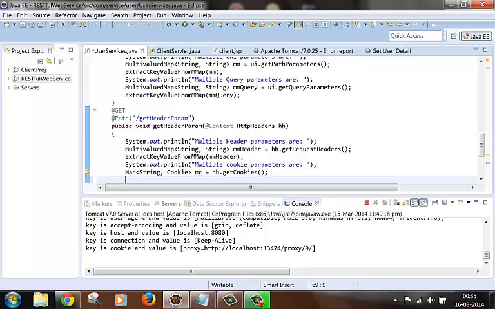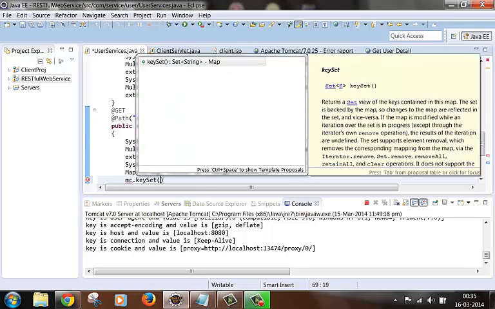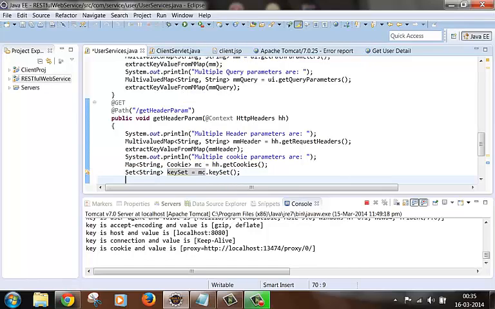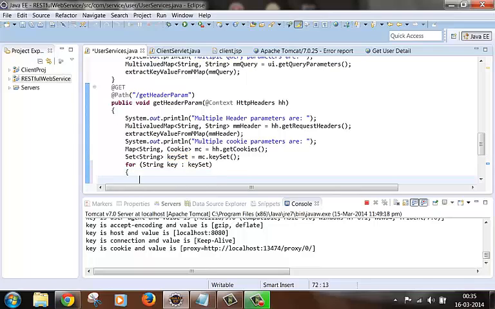Now we cannot use this utility method because this map is a bit different, so we'll just write the code here to extract the key value of these cookies. First get the key set. Now loop through this key set to get the individual keys. Now once this out here,